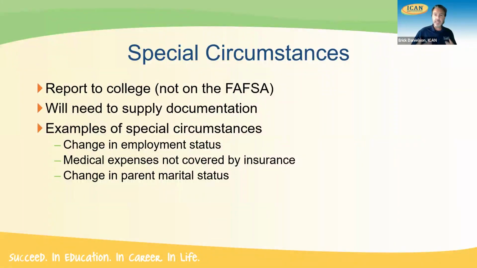Some examples where you would definitely want to go, not limited to these but good examples, are if you had a change in employment status, not just the student but parents as well, medical expenses not covered by insurance, or a change in parent marital status. Contact the colleges and they can help guide you if you feel like you have any special circumstances. If there is something the college can do in making adjustments, that might mean the ability to get a little more financial aid for a student. Again, I cannot promise it, and the only place you can go is directly to the college or colleges themselves to ask them about this.